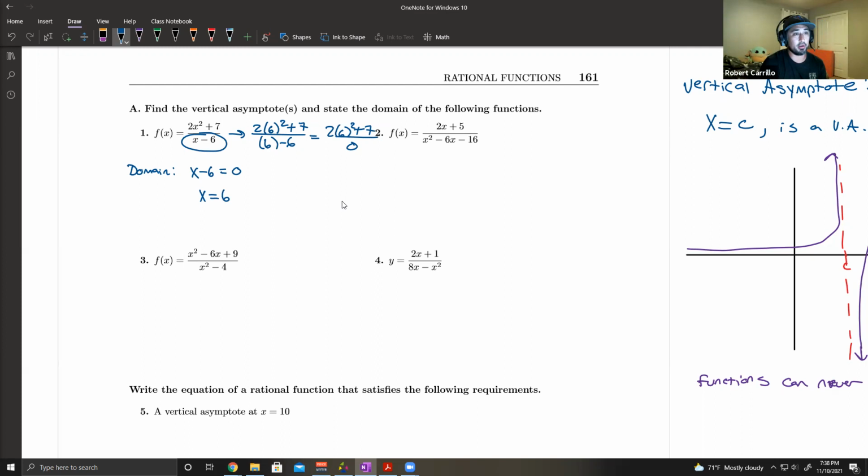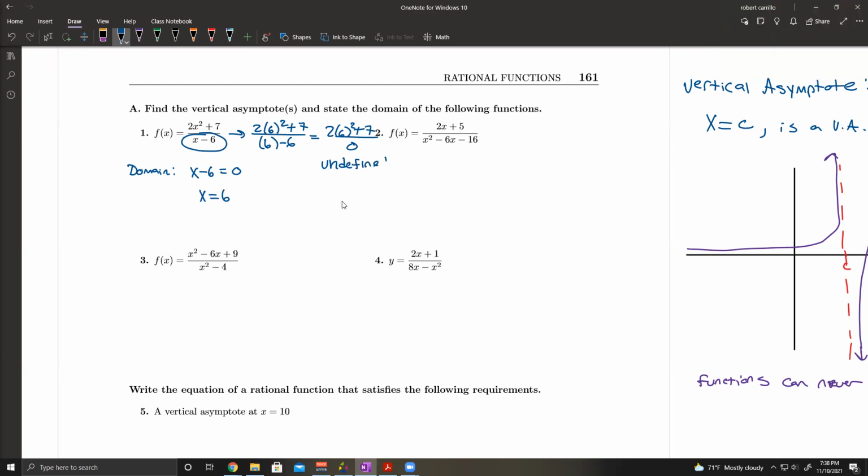What's that special word? Undefined. There you go. So if x is ever 6 for this function, my function will become undefined because I get